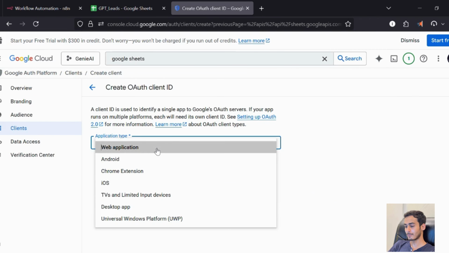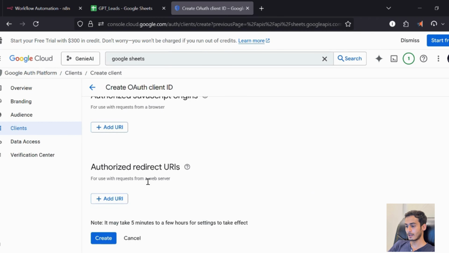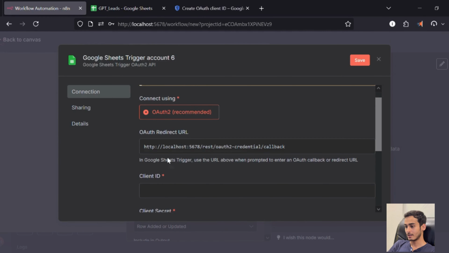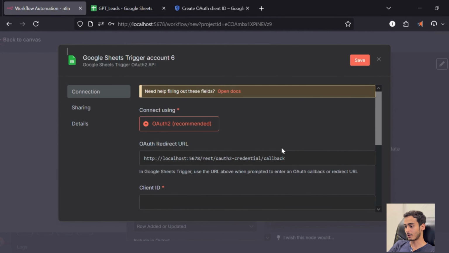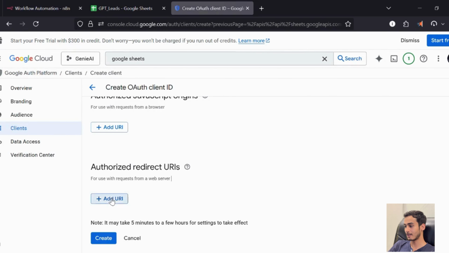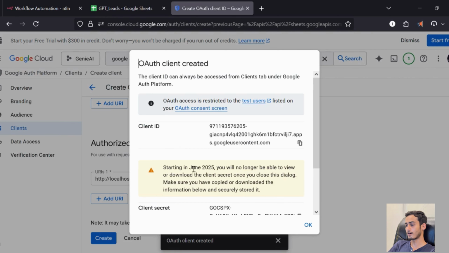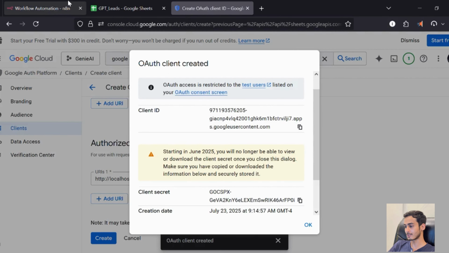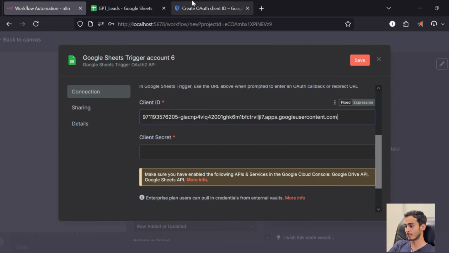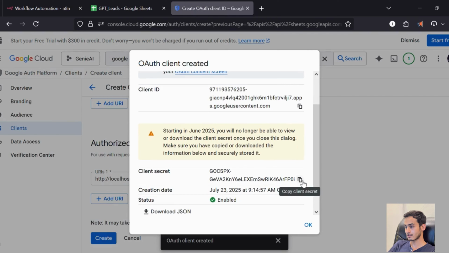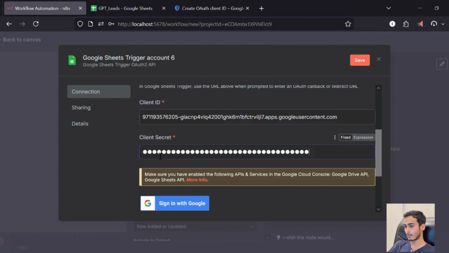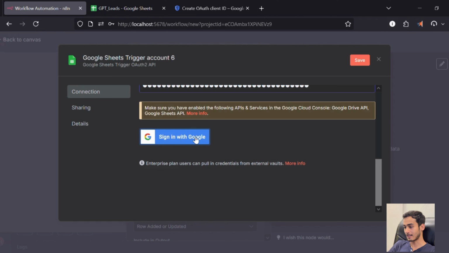So let's create a new credential, and it's an OAuth client ID, and we will select the application type. In our case, our application type is web, and we will update this redirect URI so you can sign up and authorize this credential. So we'll come to n8n and we will copy this OAuth redirect URL and simply paste it over here. And we will create this. This will show up our client ID and client secret, which you can simply copy and paste into your n8n. As I have copied my client ID and my client secret,